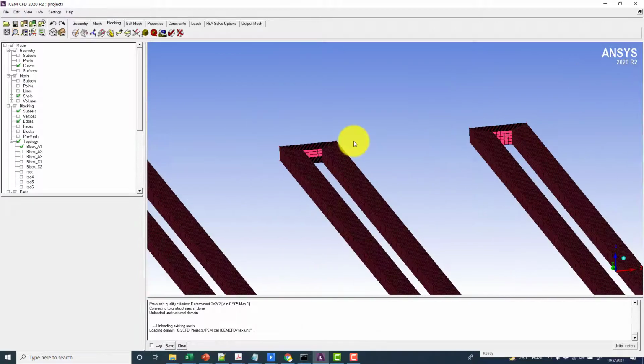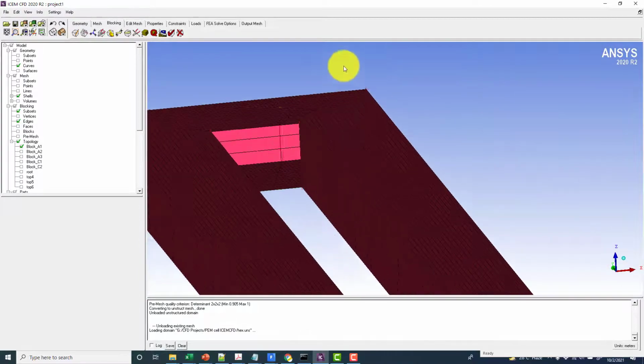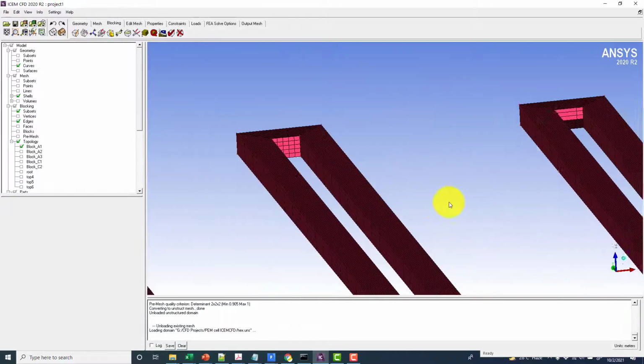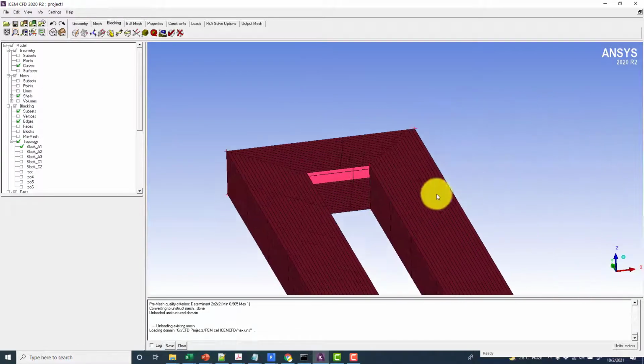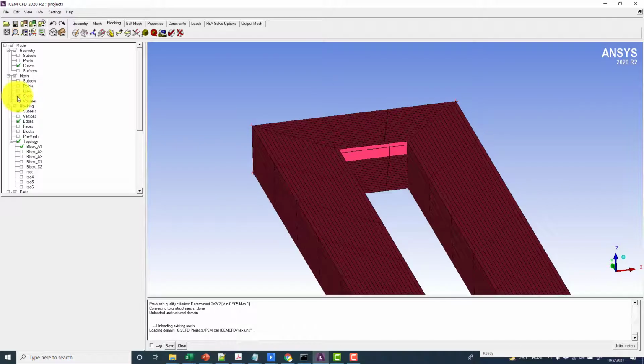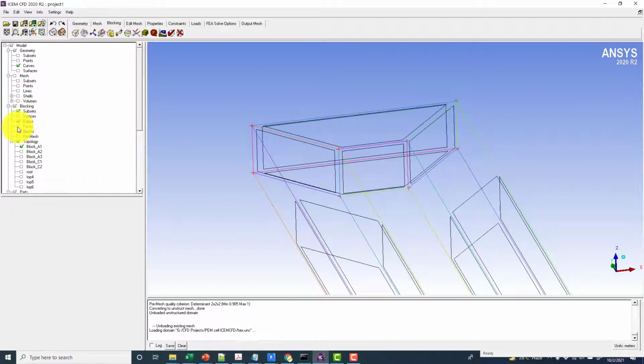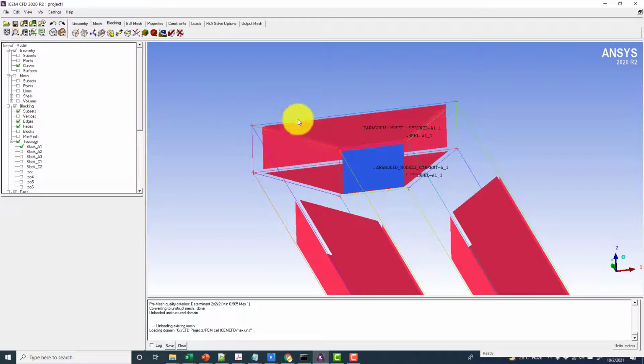By visual inspection I don't see any problem, but here I can see some issue. So the problem might be the association of faces. Click on the faces, right click here and click on face projection.